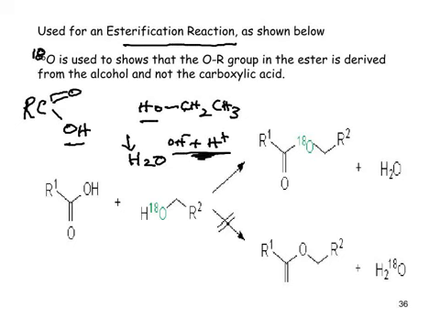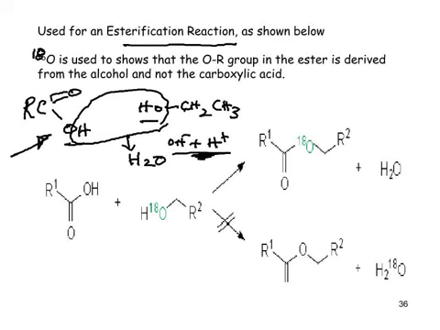Now, if one was to think in terms of acid-base chemistry, one would be inclined to think it's probably the H coming off the acid, the carboxylic acid group, because that's what acids do. They give up hydrogen ions, what we call protons. So you'd probably be inclined to go like this. But as it turns out, you'd be wrong. And this can be proved because